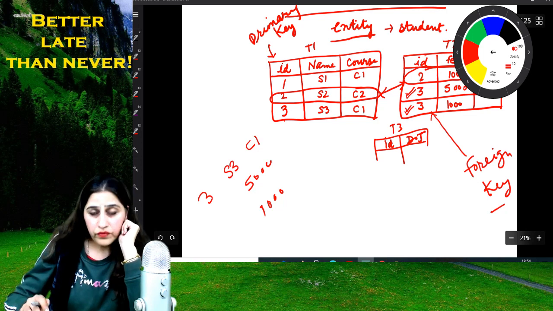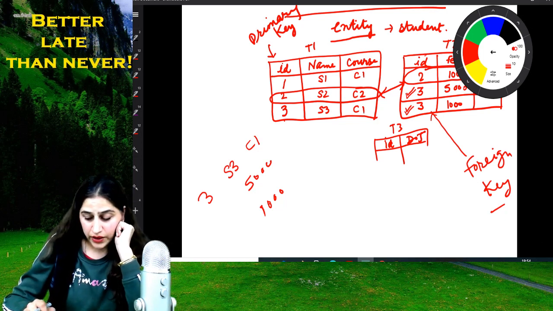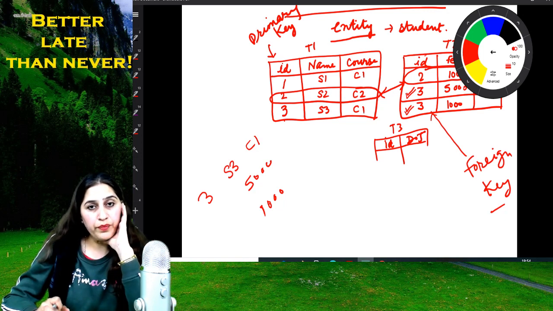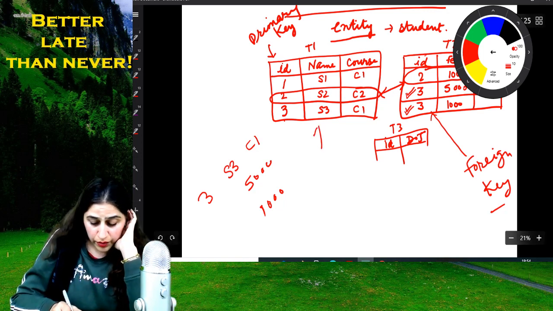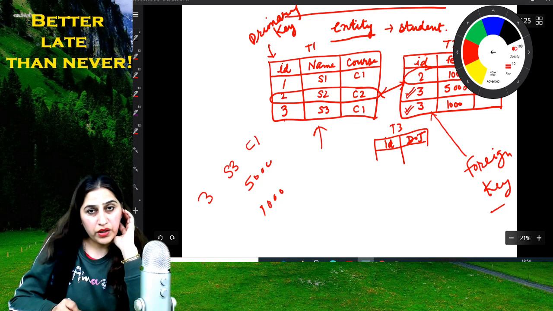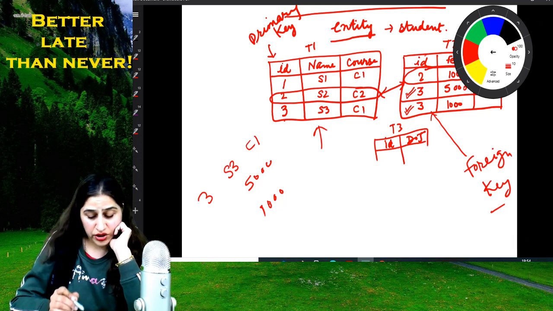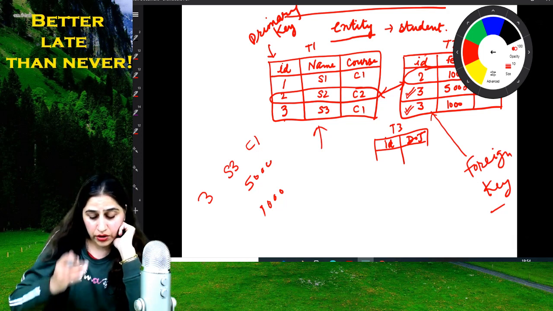Foreign key is a key which is used to relate a table to a base table in which there is a primary key. In this table we can't take duplicate values for the primary key. It will take only unique values to differentiate the records.